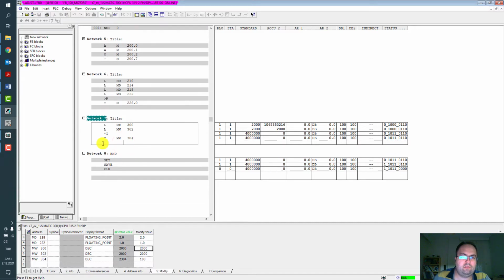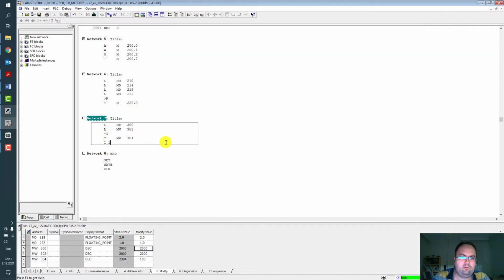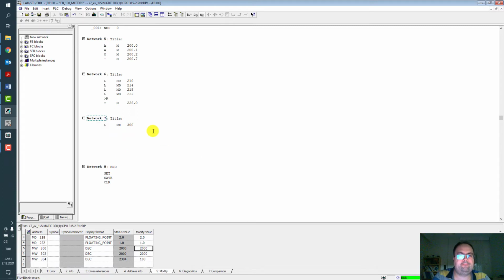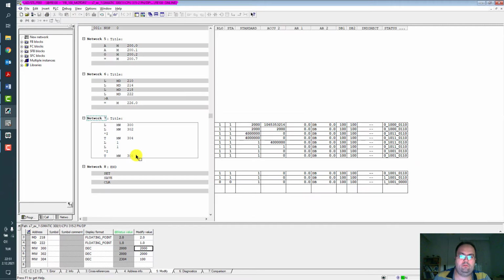Let's add some new comments like load constant 1, load constant 1, multiply AQ1 2, transfer memory word. Yes.